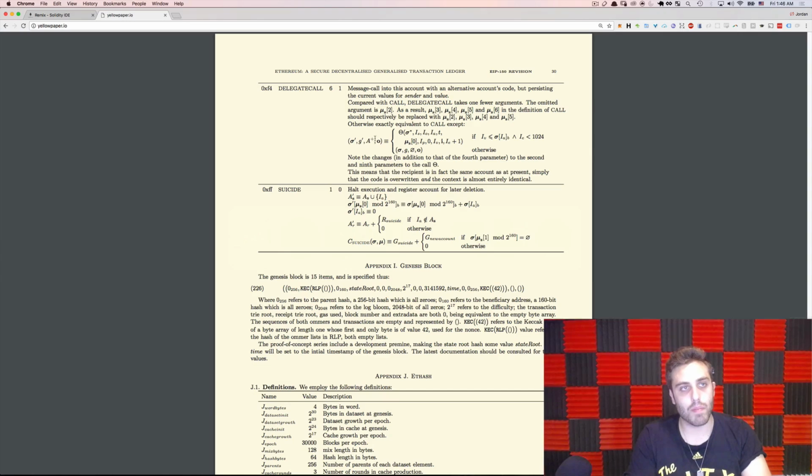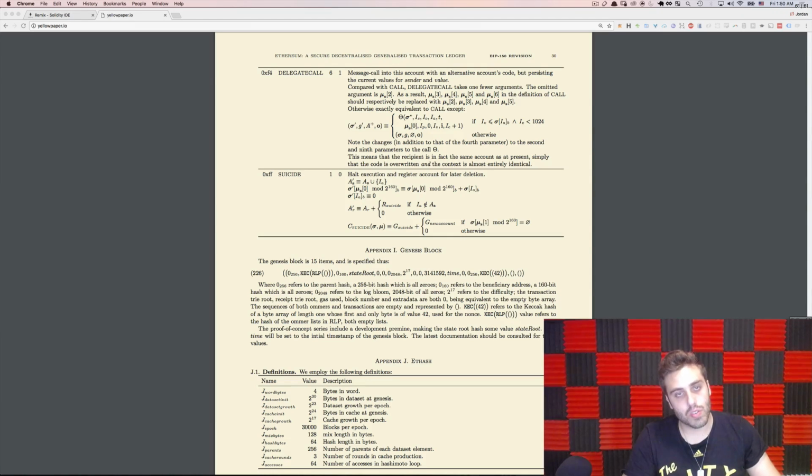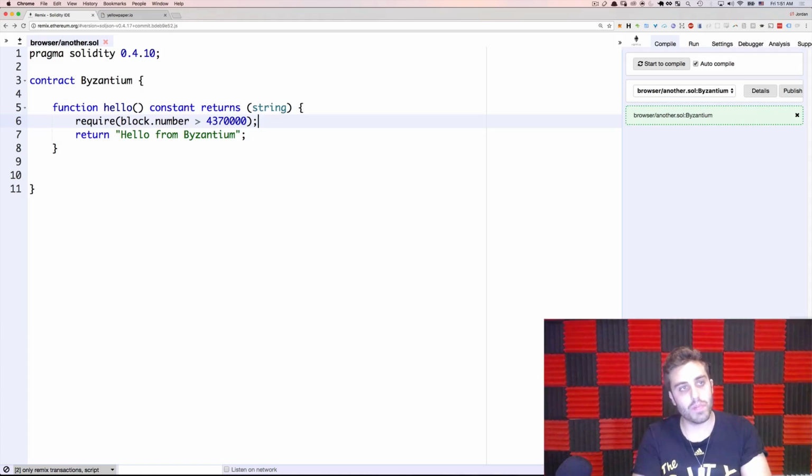And if we look at the yellow paper, we will notice that 0xFD also doesn't exist, but it is going to. So starting in Byzantium, we are going to have 0xFD, which is opcode revert. And revert is going to halt execution of the EVM without consuming all the gas that was passed into the contract. So if you had been using Solidity 0.4.10 or higher and had included this require statement at any time in your contracts, this will, starting in Metropolis, stop using all gas when this error fails, and it will start refunding your gas, which is really, really cool.